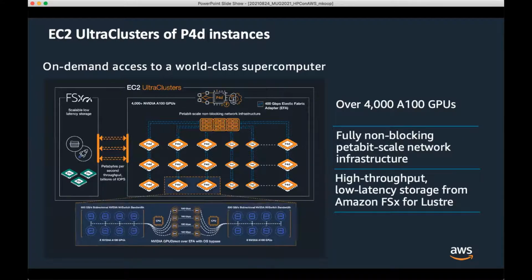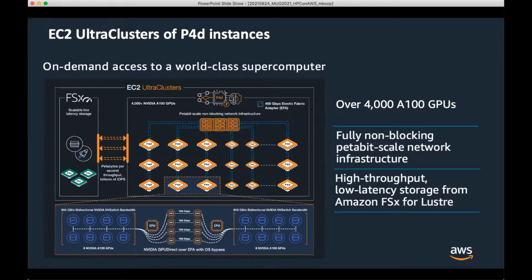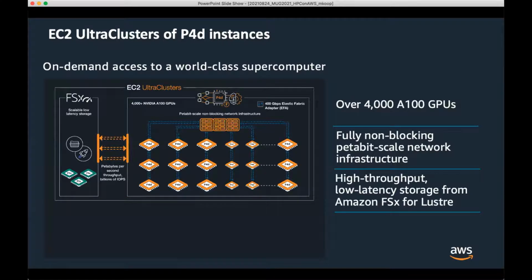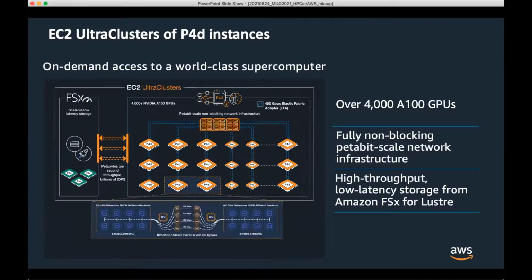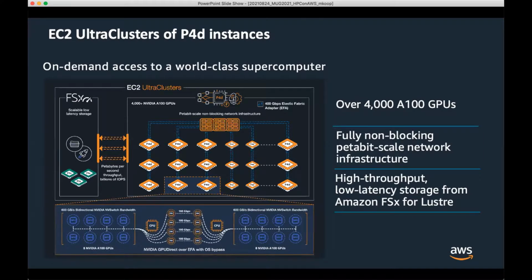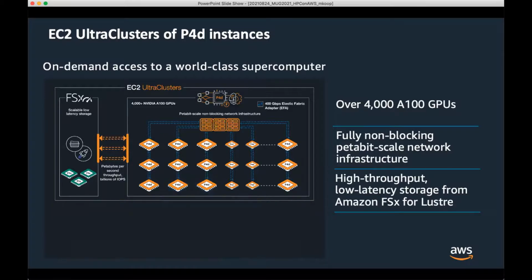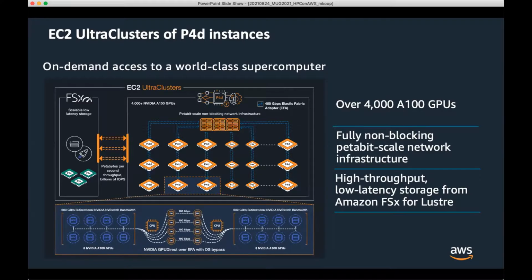And those instances then have 4 100 gigabit EFA networking connections to them. And we've put them in what we call ultra clusters, which means that we've co-located at least 4,000 of these GPUs in a single cluster, and we've also made them accessible to our FSx storage, which I'll talk about a little bit later.